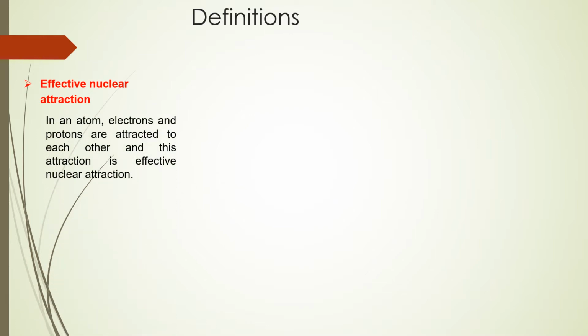We are going to be using two important terms to describe these periodic trends. The first one is called effective nuclear attraction. This is where the electrons are attracted to the protons which are in the nucleus of an atom. Now, if we are looking at a particular trend going across a period,